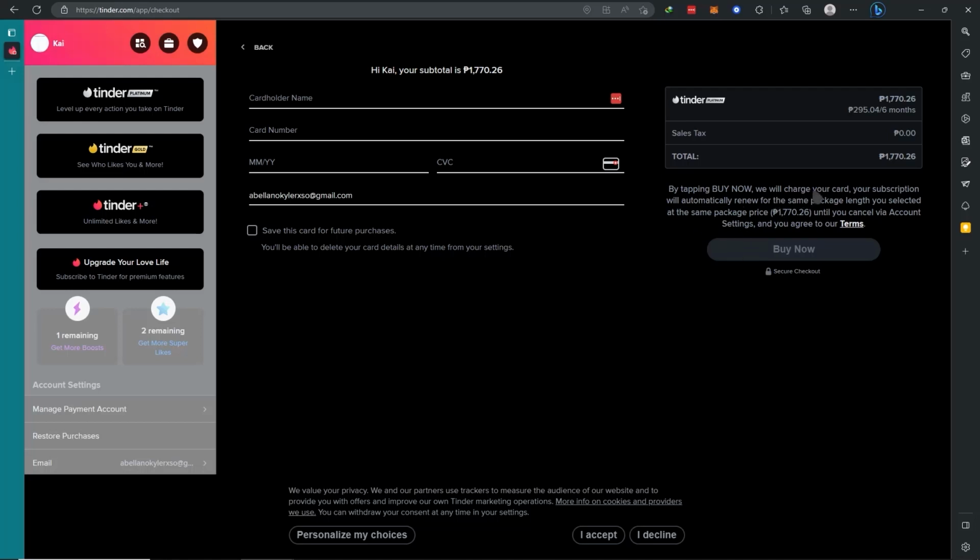subscriptions and talk to the help support of Tinder and say that you want to refund your money because you didn't actually mean to do this and you didn't find what you're looking for, you're not satisfied with what you have received. Then they will provide you a refund, just like what they did to me. They'll provide you the refund for the purchase that you have made here in Tinder Platinum or Gold or Plus, and that is how